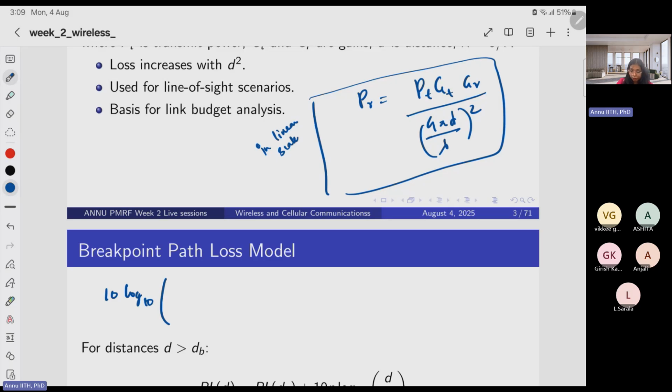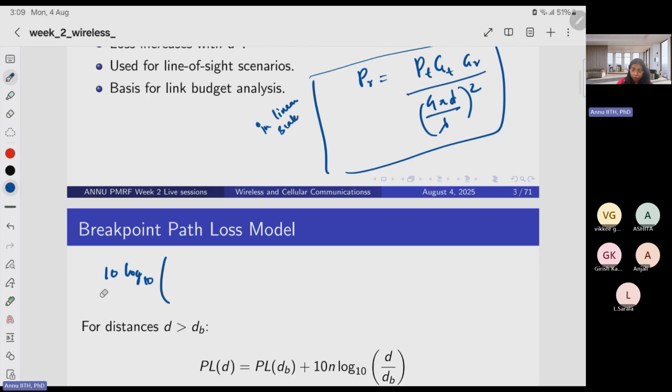If you want to convert power in linear scale to dB scale, you do 10 log 10 of power in linear scale. If it is a simple quantity, then you do 20 log 10. But why do you use 10 for power here? Because it is a square already, so you don't do